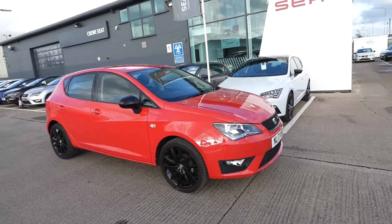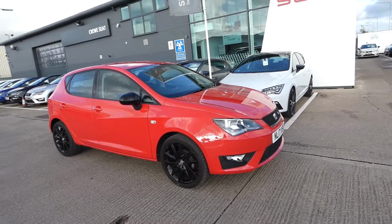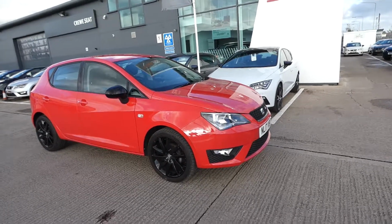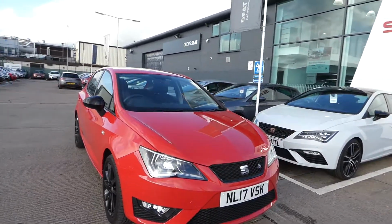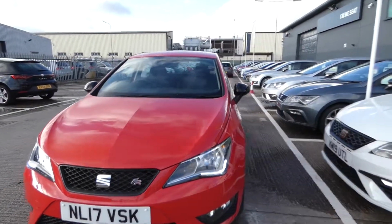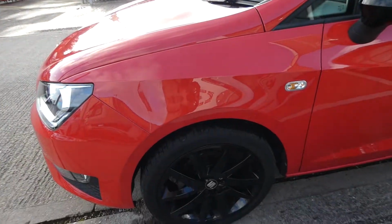This is the Ibiza 5-door FR technology, 1.2 TSI, and it's a 5-speed manual vehicle. Comes in the non-metallic paint, solid colour emulsion red, with the black contrast alloys and side mirrors. Comes with the black exterior colour pack and comes with the exclusive front and rear FR bumpers and LED daytime running lights. We've got the 17-inch black Tagus alloy wheels,